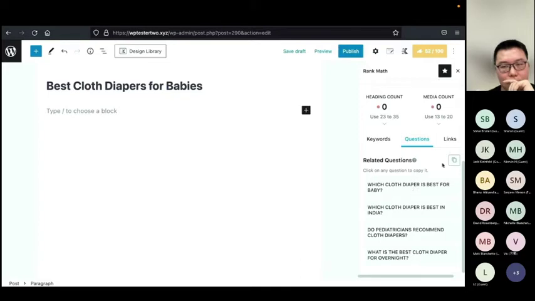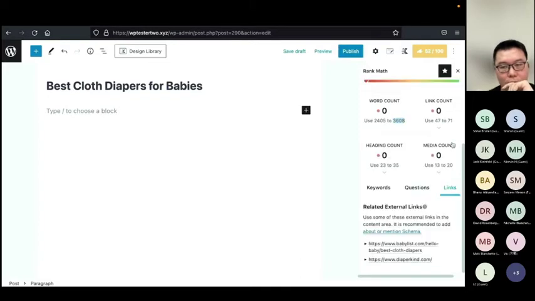And finally, there are the suggested external links where Content AI recommends that you link to these articles. For this case, Content AI only suggested these links. We will talk more on the about and mention schema in a while. For now, let's start working on the structure of the content.